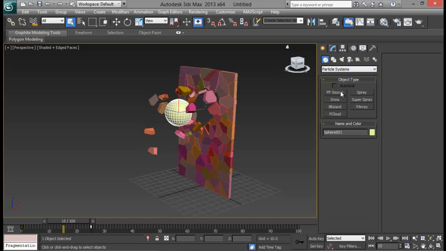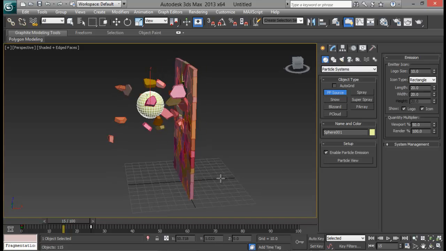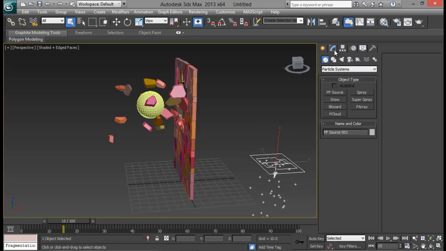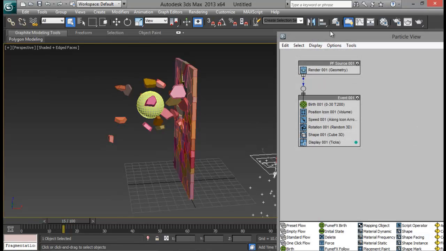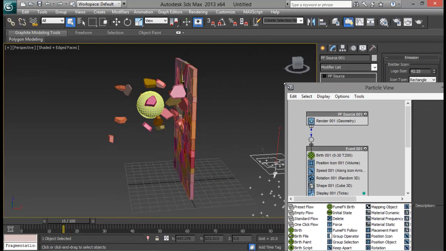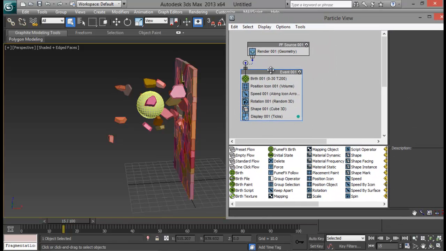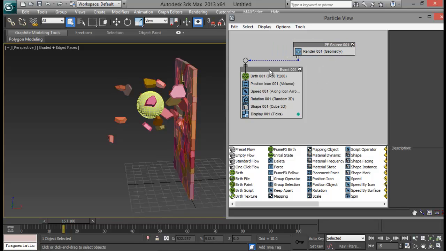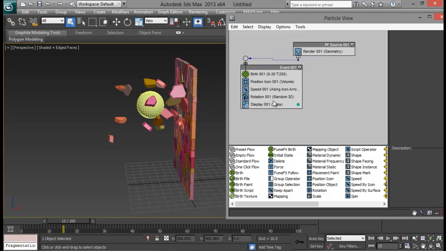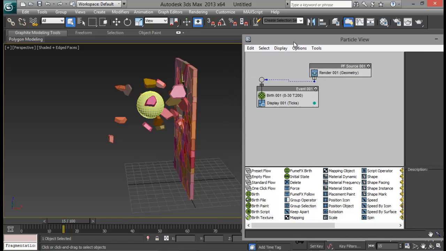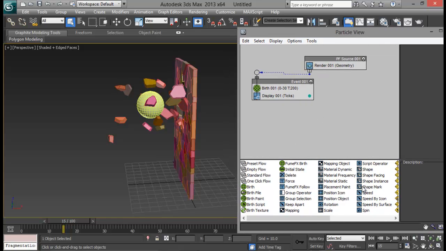Go to particle system, create a PF source anywhere in your scene. Okay, and go to modify tab, open up the particle view, or you can also press the 6 key to open up your particle view. Okay, now we have this standard flow system. I'll just delete the shape, rotation, and speed, and also position icon. We won't be needing any of them. Okay, now instead of position icon, I'll be using position object,